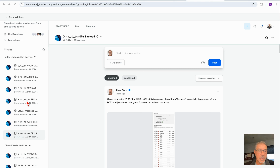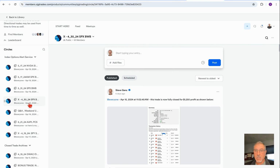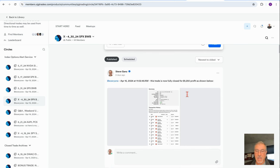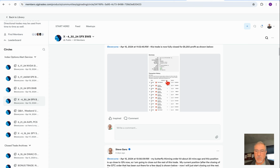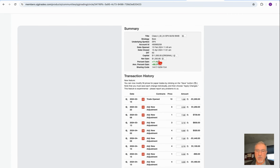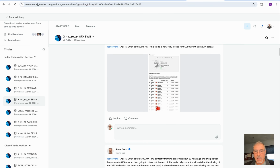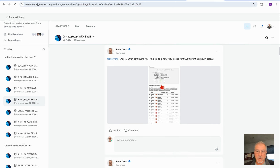And then the next good this week is this trade that was closed out. This is an SPX trade. This trade closed out for a decent profit. This was up about $1,200 or so. A lot of adjusting in this one as well. Again, the market moved quite a bit and I had to do quite a bit of maneuvering to get this trade